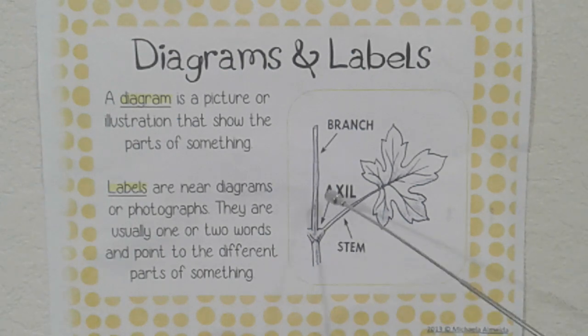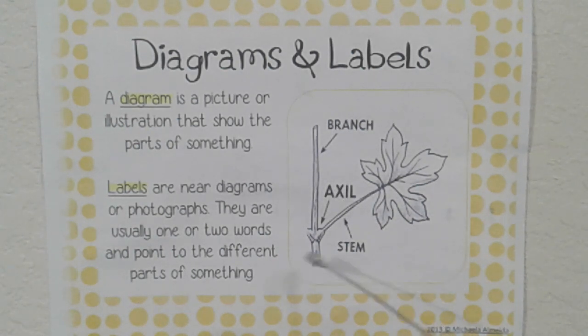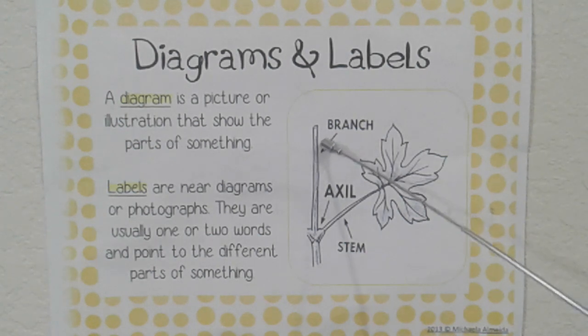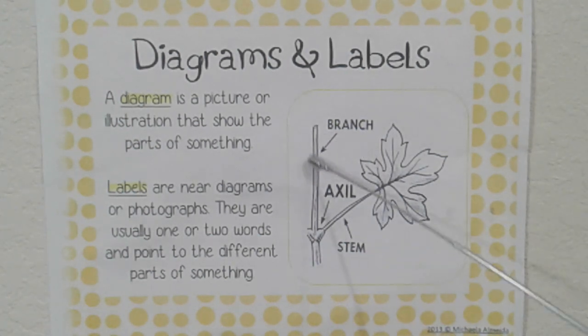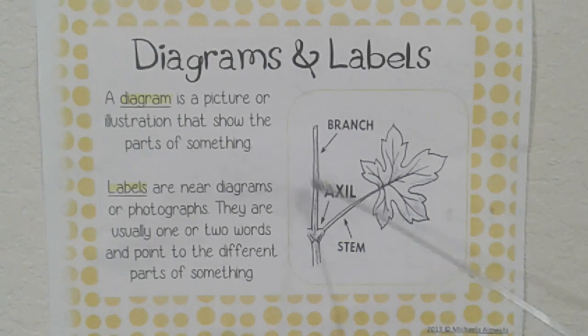Now, let's look at these words over here. These words are our labels. Labels are near diagrams or photographs. They're usually one or two words and point to the different parts of something. So look at this word. This is branch, and there's an arrow pointing to this straight line right here. That's the branch of a tree or a flower, right? And then this part right here is the stem of the leaf. And this little corner right here where this arrow is pointing is called the axil, and the axil connects the